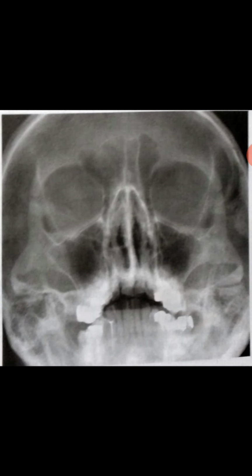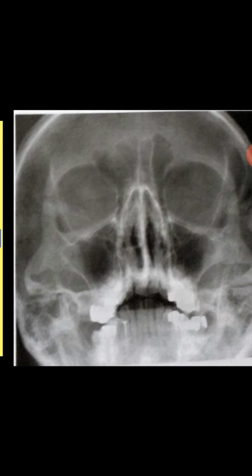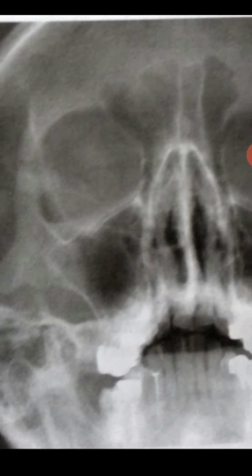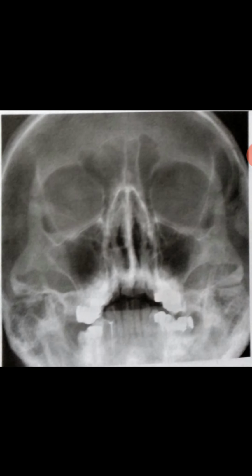Here you can see the paranasal sinuses clearly. Frontal sinus and maxillary sinuses are very clearly seen. The frontal sinuses are seen immediately above the nose and on the medial part of the orbit. The nasal cavities are flanked on each side by the orbits above and by the maxillary sinuses below. The normal sinuses are clear and radiolucent. Normally they are dark. But the infected sinuses appear as a hazy shadow or a radio-opaque shadow.